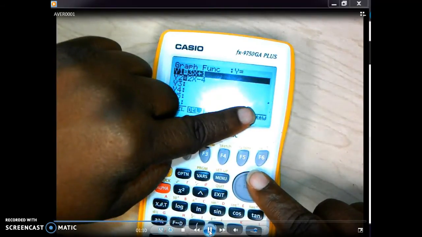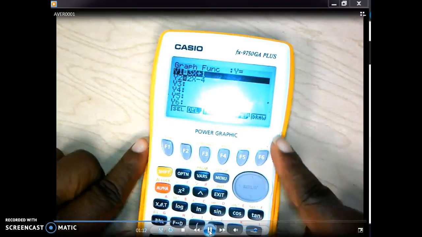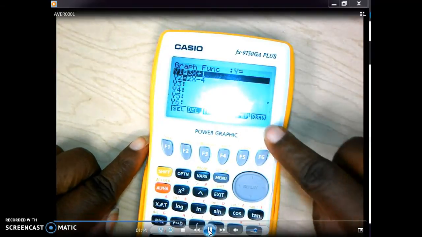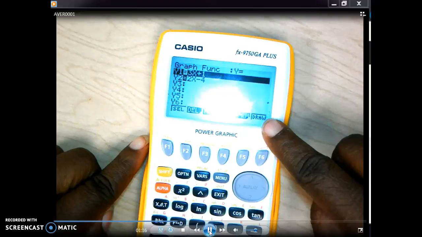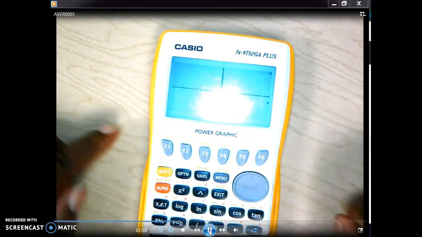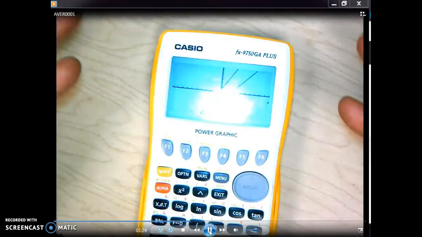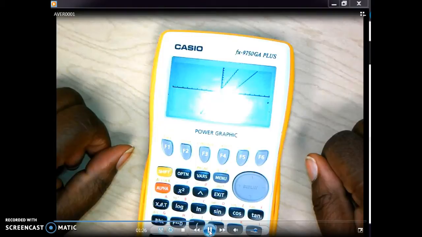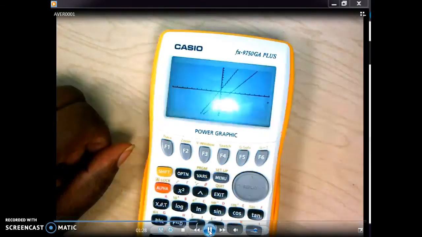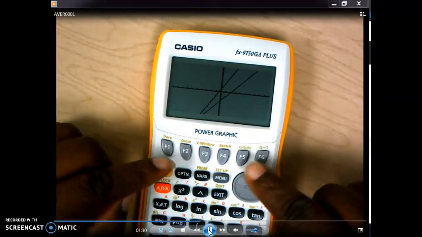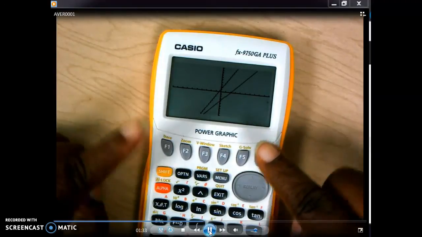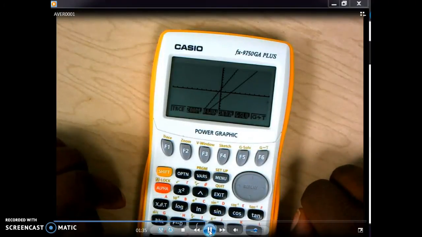After we touch the second button, we're going to go over to draw and touch F6. Since draw is right there above F6, that's what we're going to touch. And now the calculator has graphed our two functions. Unfortunately, the intersection of the functions is not on our graph, so we will have to change the window. So pressing Shift,